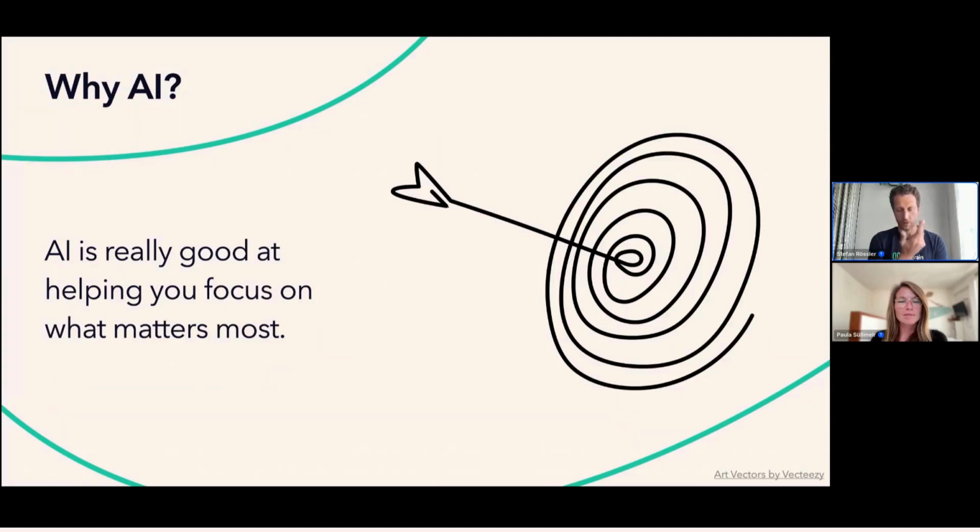Another reason why we wanted to include AI and why we think AI is relevant in the field of user testing is that it helps you focus on the things that matter most. While AI might not be, or is certainly not, the best at telling you, well, that's the most important thing, look at this, it can look at all this data, analyze it, and put it into these patterns and themes. Then you can skim over that and see, well, that's a part that really interests me, and AI helps you get rid of the rest and just focus on this, knowing that all the data that is part of this theme or pattern is here, so you can really focus on what matters the most.